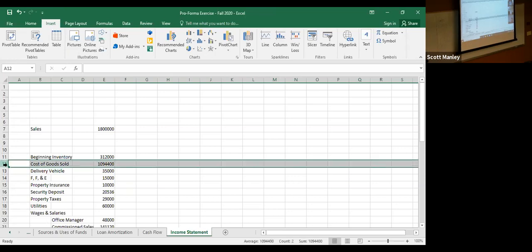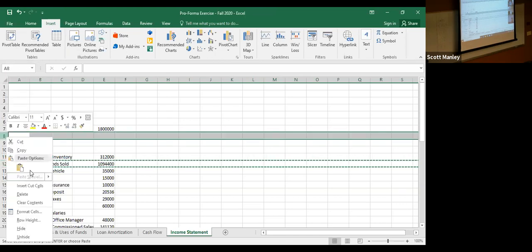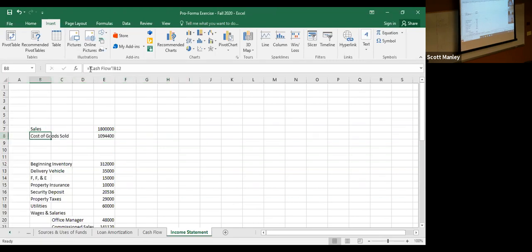If I take this row and I cut it and I bring it in here, and I change this label to minus cost of goods sold, and I put in a row that says gross profit,